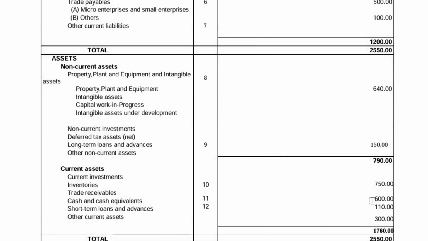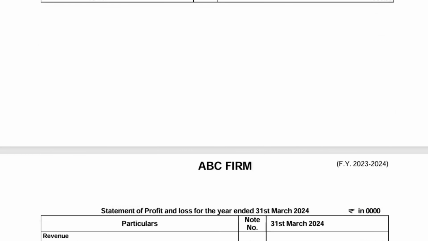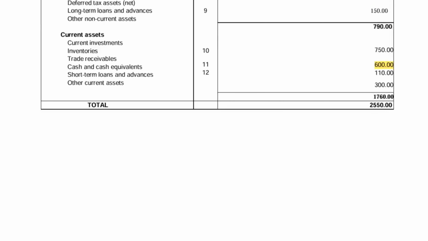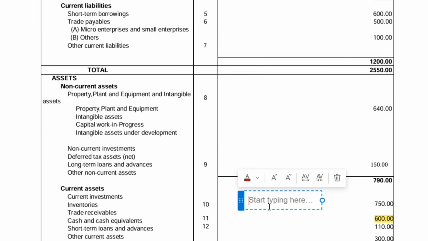Now talking about the debtor holding period. It is just like the stock cycle. Here you can see the value of debtor, that is 6 crore. So when you compare the value of debtor with total sales of the company, then you will get a rough idea of what the firm's debtor cycle is, what its holding period is.